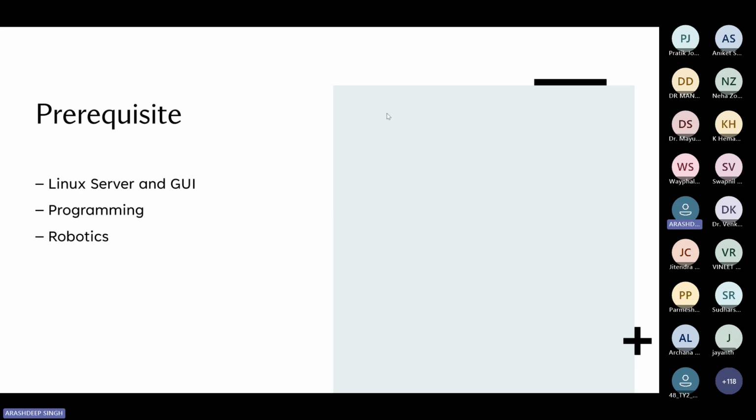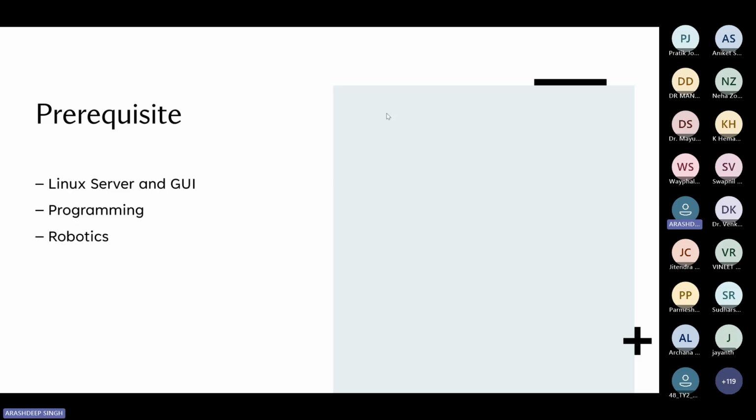It is available for Mac, it is available for Windows, it is available for Linux based systems like Ubuntu. But as it is an open source system, it is majorly based on Ubuntu Linux. So all the development of ROS is majorly done on Ubuntu, and all the practical use cases where we actually deploy ROS on the actual robots, we use a Linux based Ubuntu server. So before starting with ROS, as it is definitely an operating system,